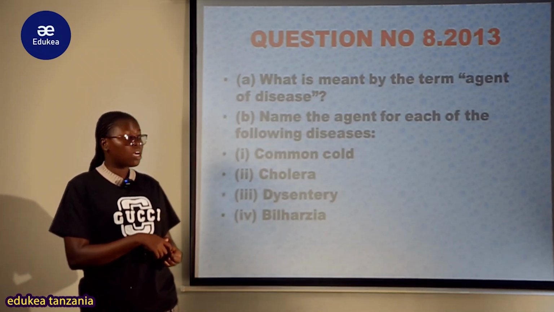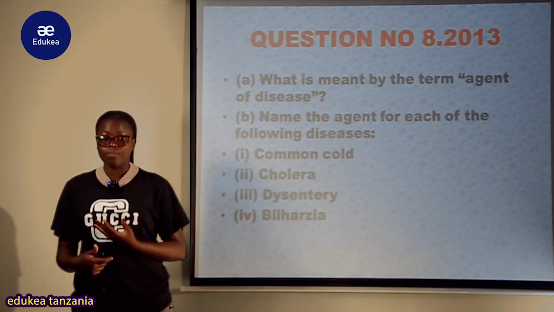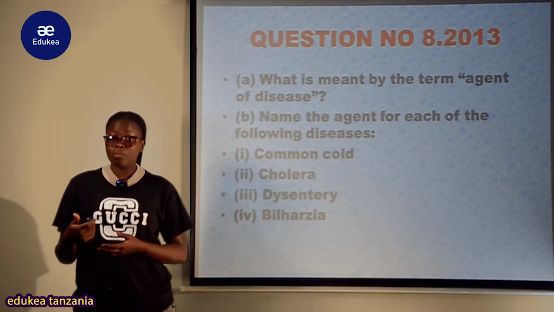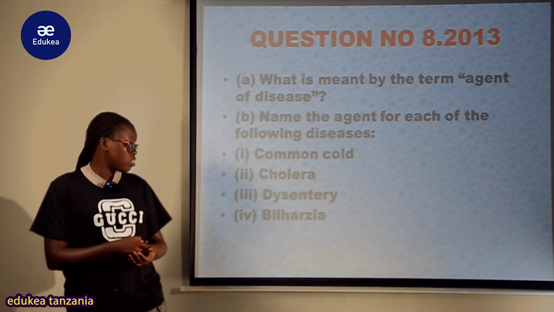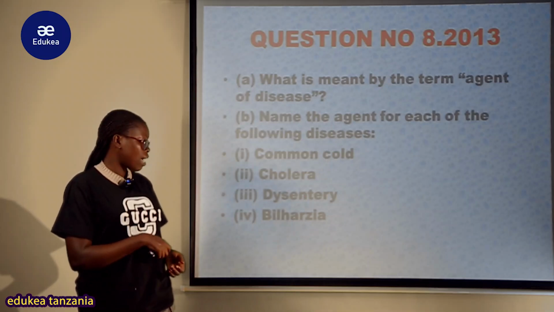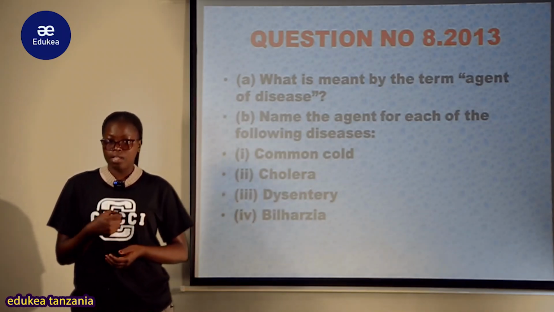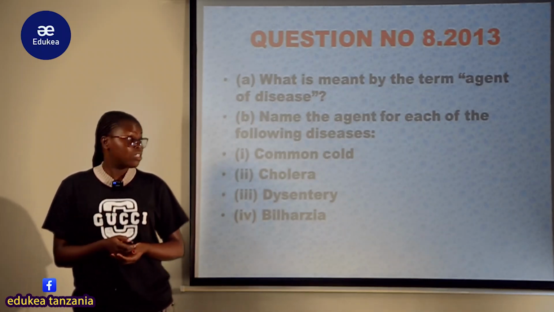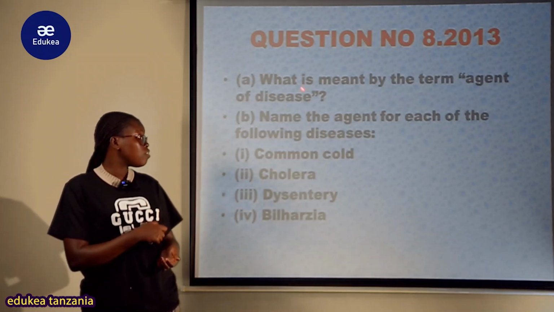Example hapa kuna common cold. Jina lingine la common cold ni upper respiratory tract infection. Ndio ni cholera, hapa ni dysentery. Kuna aina mbalimbali za dysentery tunaenda kuziangalia pamoja na their consecutive agents. Ya mwisho ni bilharzia ambayo ndio kichocho. Tunaangalia kwamba atasababishwa na kitu gani. Example ni this schistosomiasis species. So by starting with the first one, Roman A, you are needed to give the definition of the